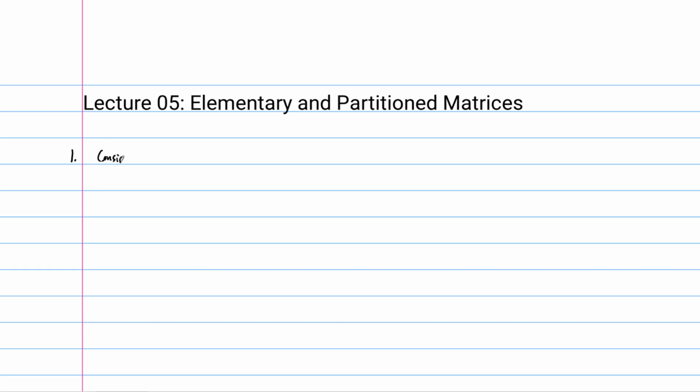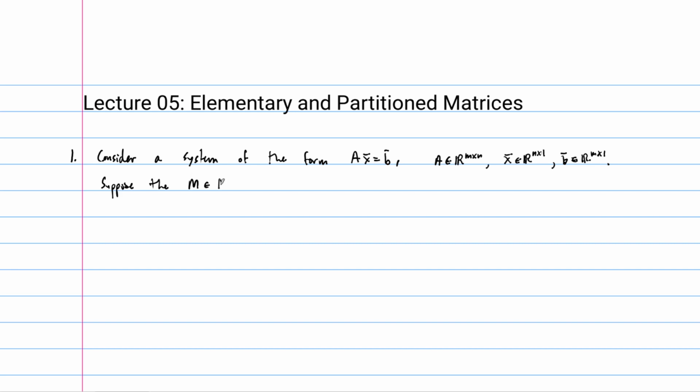And the motivation is going to come as follows. Consider a system of the following form, a system of equations written in matrix form. I'll write it this way: a system of the form AX = B. Here A we'll suppose is an m by n matrix, and that means X is an n by 1 and B is an m by 1. Further, let's suppose that matrix M is an m by m matrix, so a square matrix,